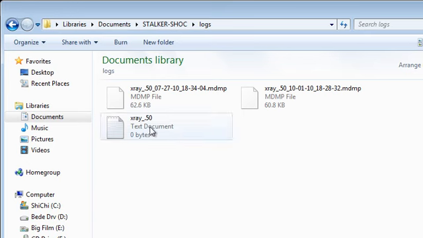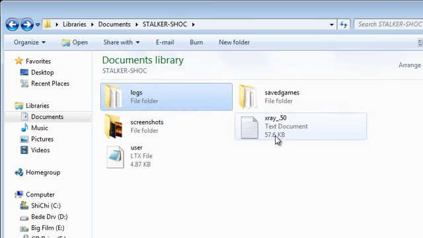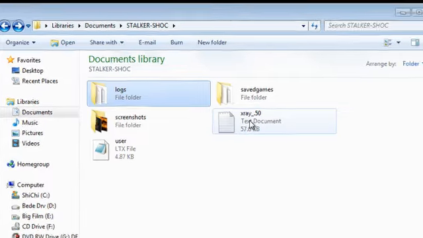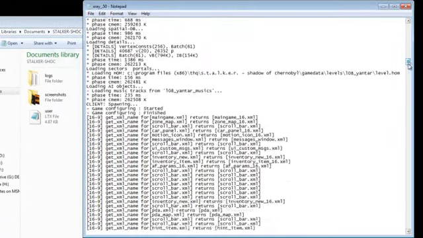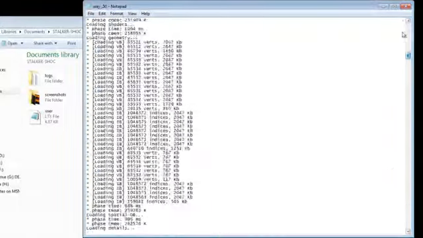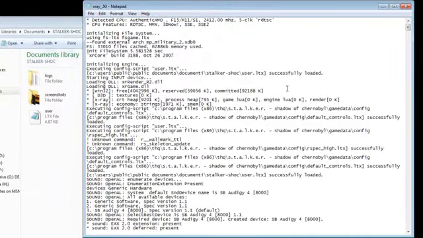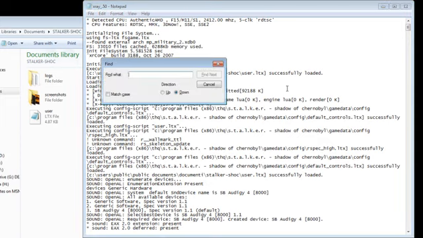So once you're in the Stalker Shock folder, you want to go to the Logs folder, and in the Logs folder there is a text document called X-Ray and then your username. This file is created every time you run Stalker, and it's basically a list of information about the engine and how the game's running. It's quite large, full of lots of data, and I'm sure it means something to somebody, but what we're looking for is the information about the Ogg files. In order not to have to hunt through all this, you want to do Control F, type in Ogg,